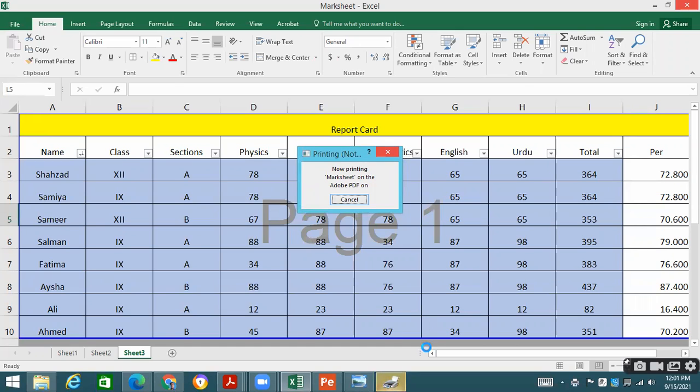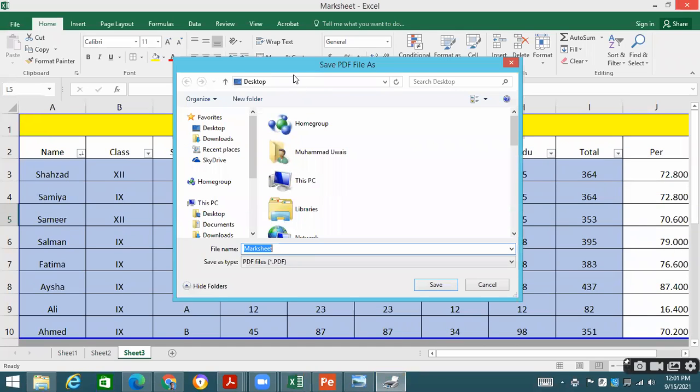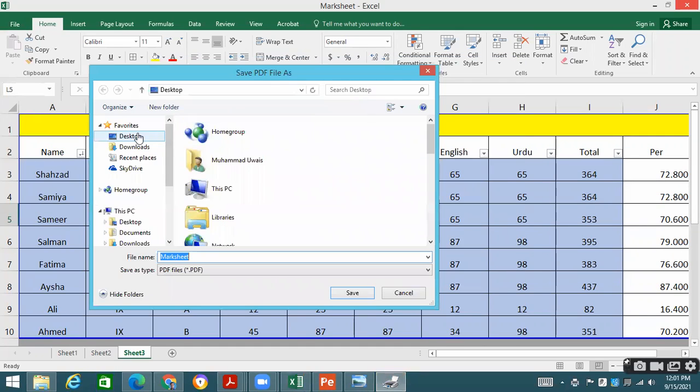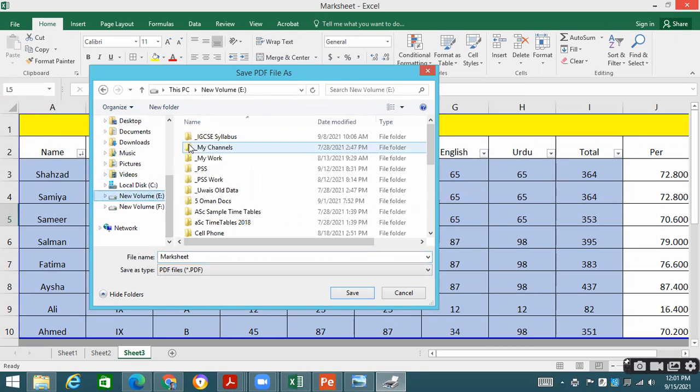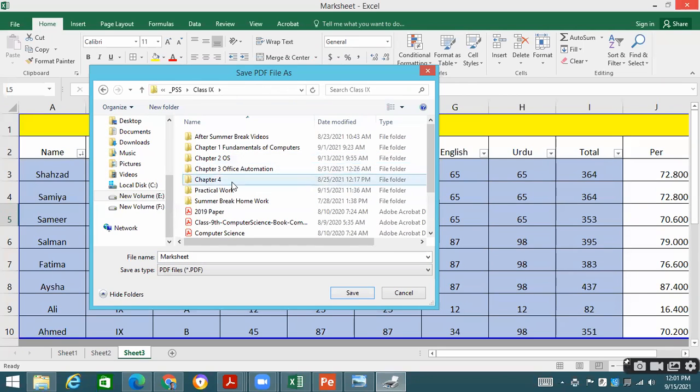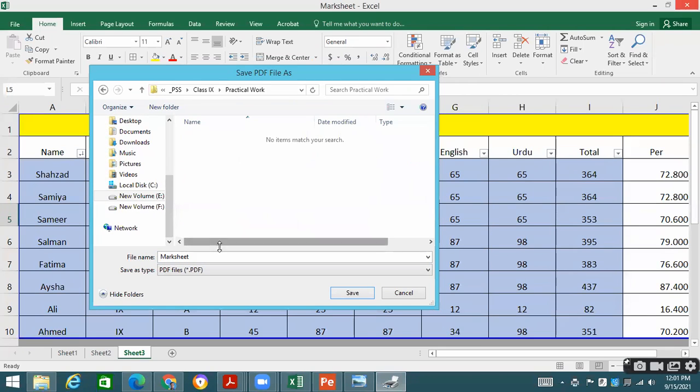You can see over here it is asking me where do you want to save. I say that I want to save it in my E drive in PSS in grade 9 in the practical workbook, mark sheet. What is the format? The format is PDF over here.